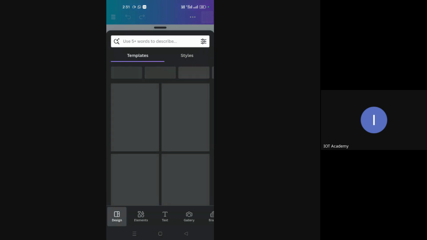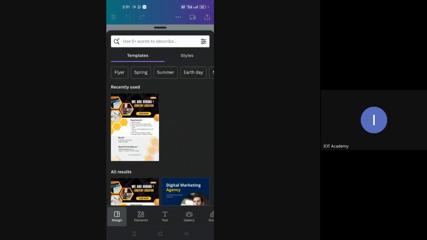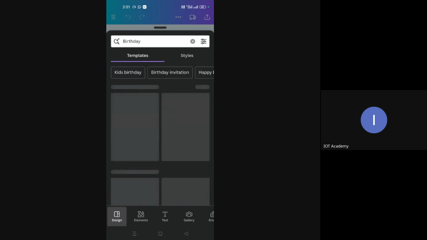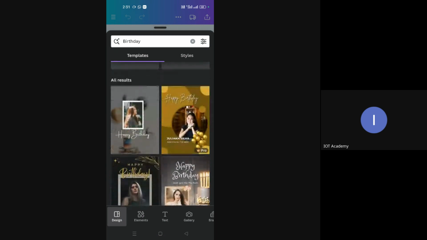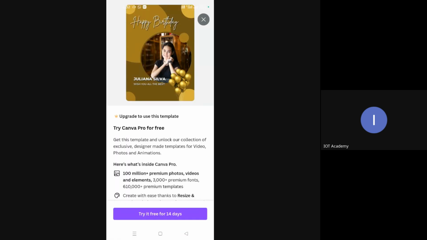When I tap and open it, it gets automatically saved as your template. In this flyer template, I can select the one I want. Suppose this is the one I want to work on. Oh no, this is Pro. So let me go for another one.